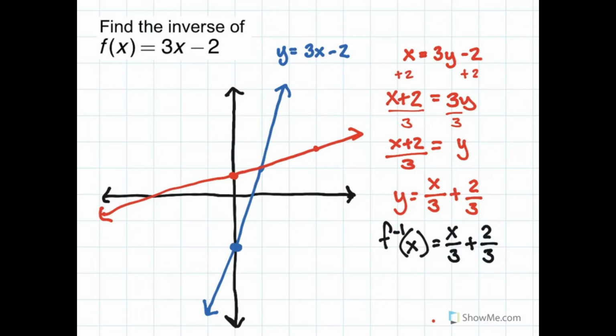Well, remember, y has become x and x has become y. So what's happened is that they are reflected: the blue graph reflected through the line y equal x is the same as the red graph, and the red graph reflected through the line y equal x is the blue graph.